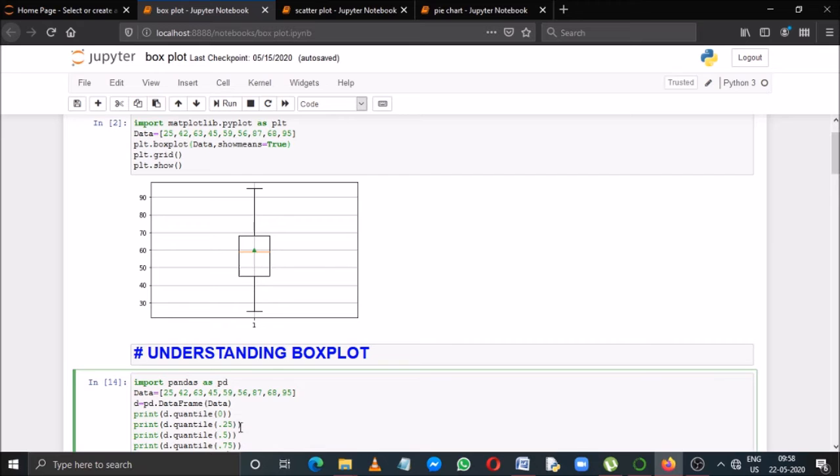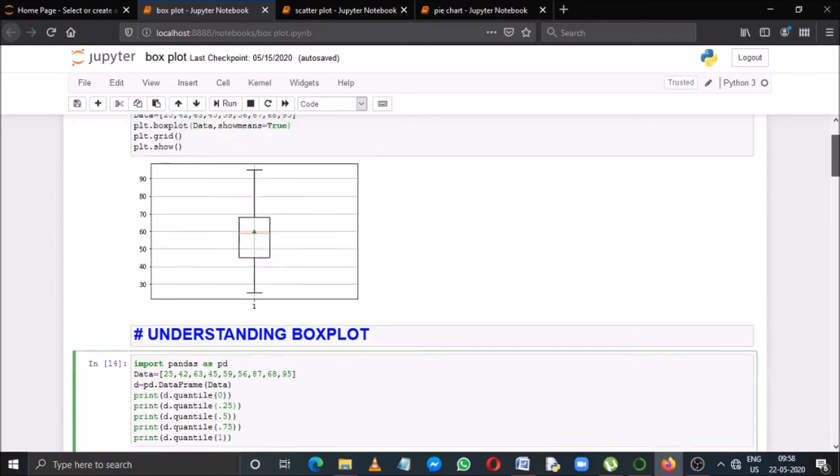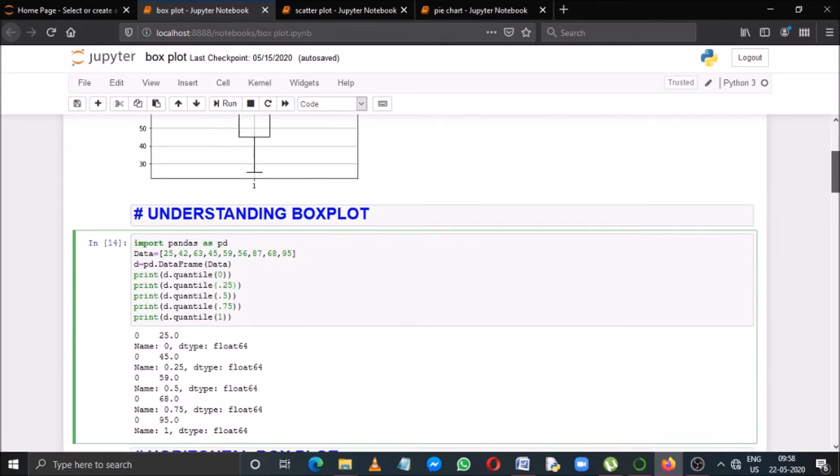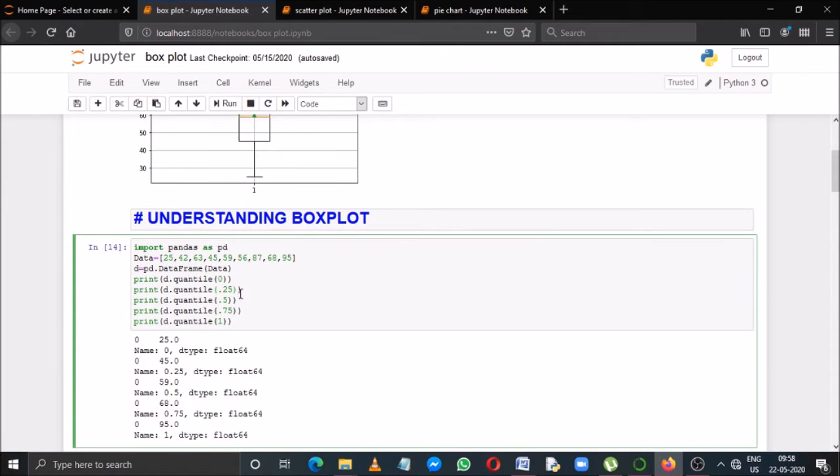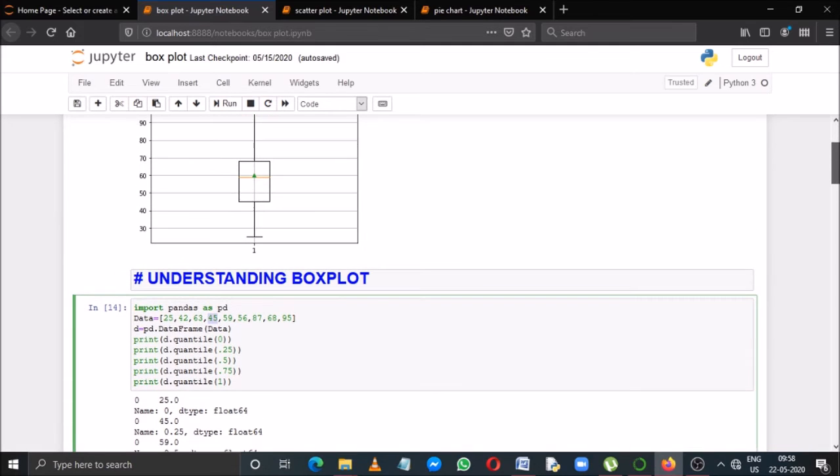The next one is the 0.25 percentile or the first quartile. For this data set its value is 45, that means this point is the first quartile point. Now checking that curve, between 40 and 50, this line, or you can say this point, represents the first quartile.